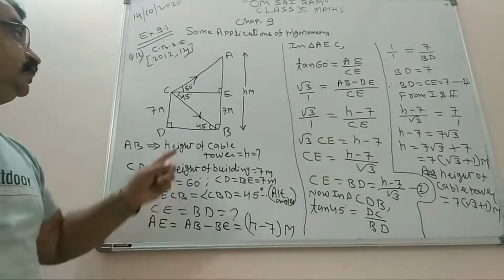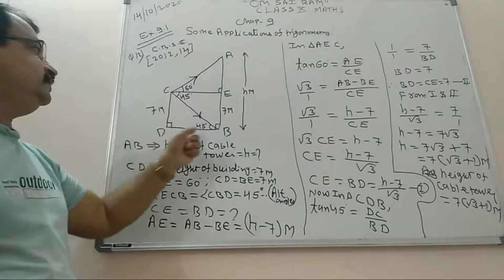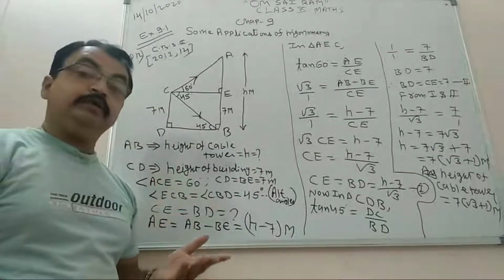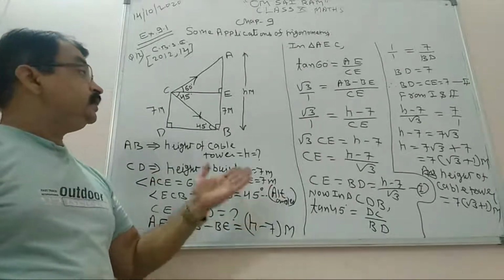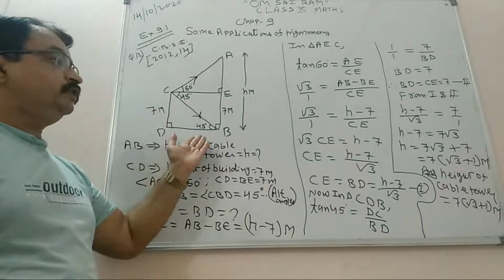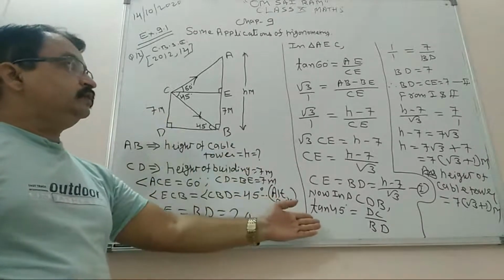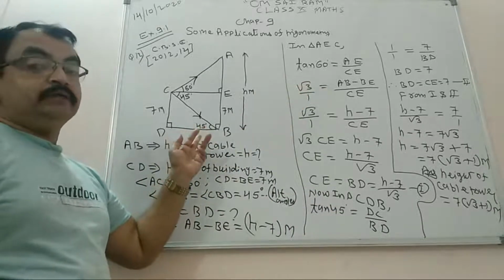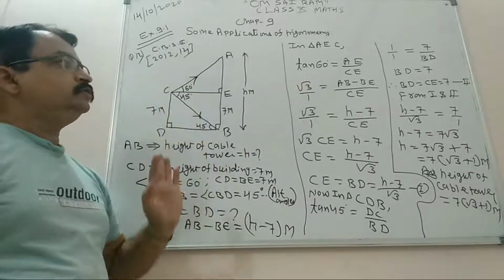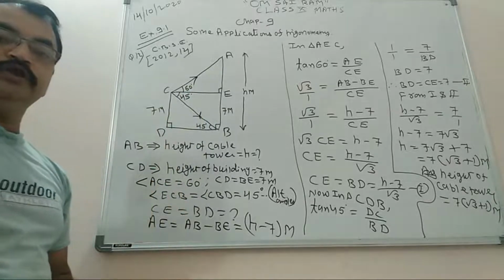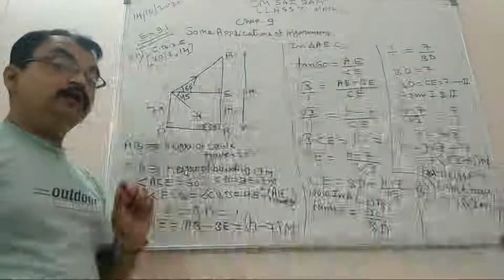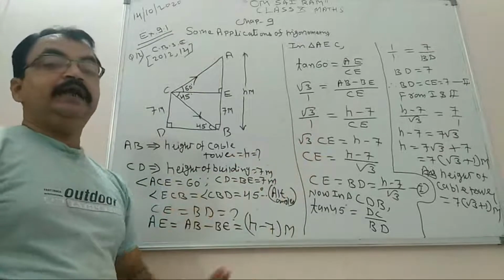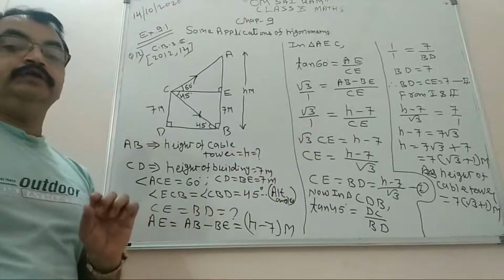Right? When you select the right triangle CDB, again you take the ratio tan, because we want the relation in opposite and adjacent. So you will get opposite upon adjacent, 7 upon DB. Tan 45 is 1, do the cross multiplication, you will get BD equal to 7, but BD is equal to CE according to the figure. So we got two equations and both equations give the value of CE only. So you will equate both values, so you will get the height as 7 of root 3 plus